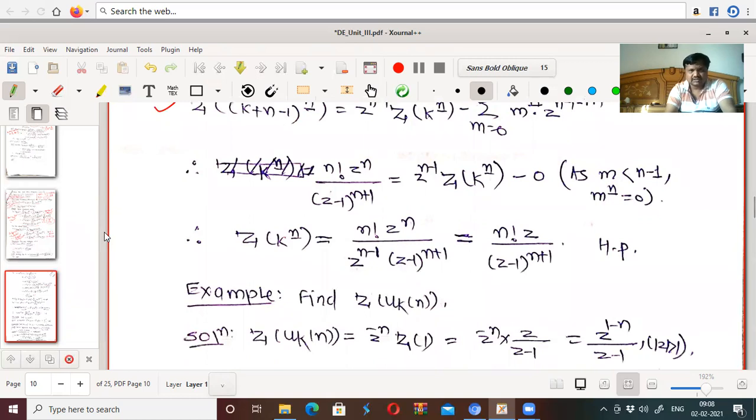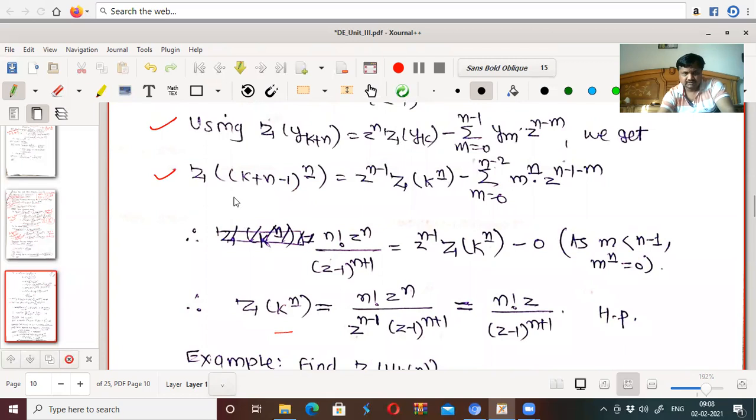Okay. So z of k to the falling n, equal to k to the falling n, means what? You are putting n equal to 1 there. In this, we proved this, you are putting n equal to 1. By putting n equal to 1 here, z raised to 0, z of k to the falling n, this will go here.